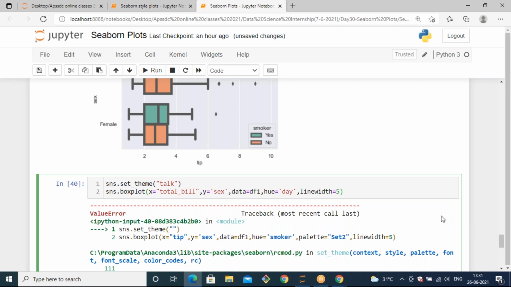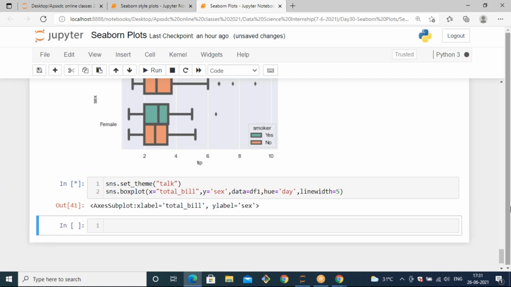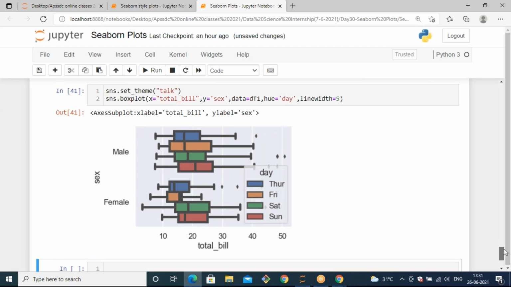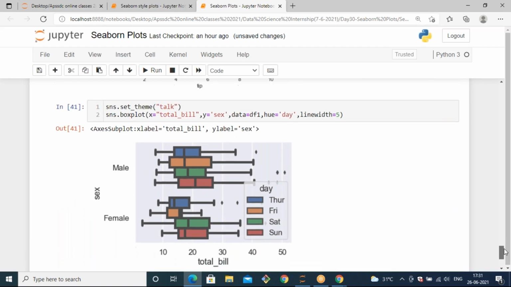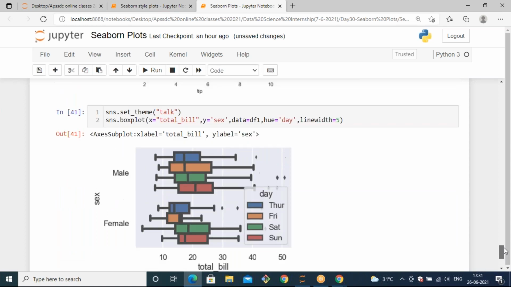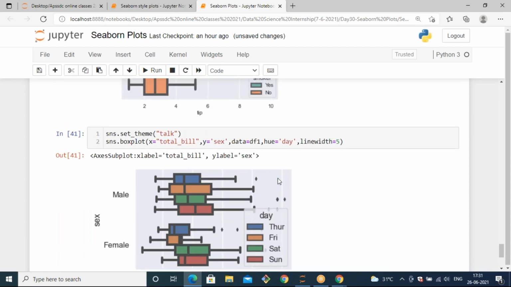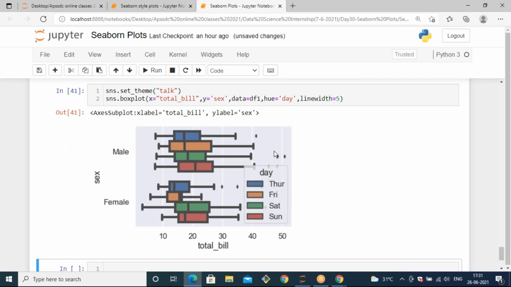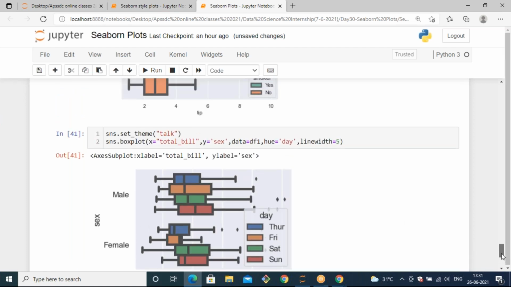And if you want to set the line width, you can use it. Based on the total bill on the x-axis, it will generate the box plot like this. When you use talk, it generates the plot in the middle like this. The plot size is shrunk, and you can observe it.